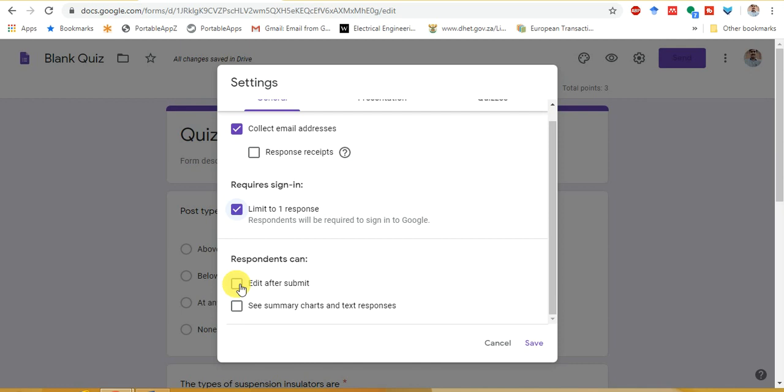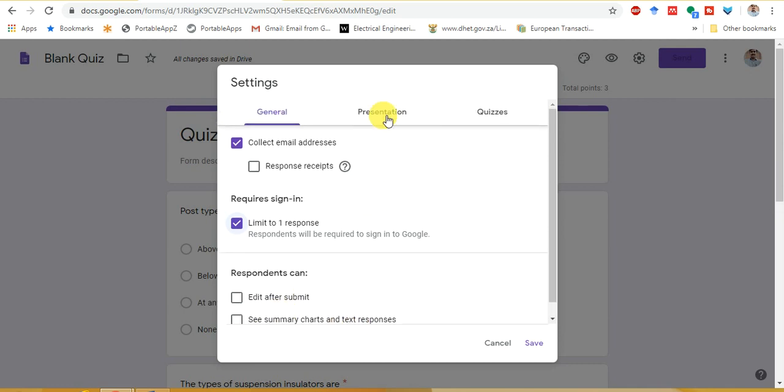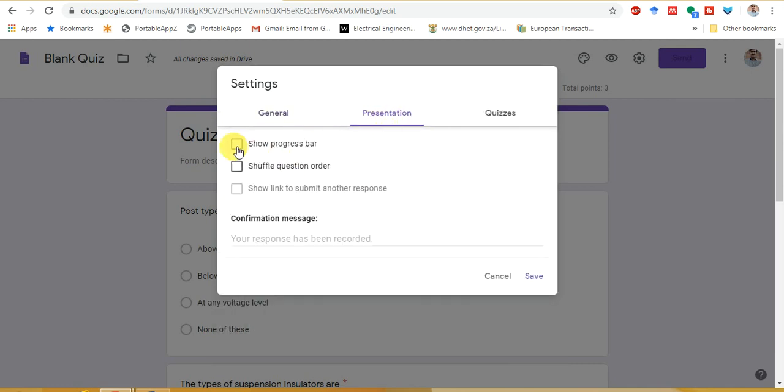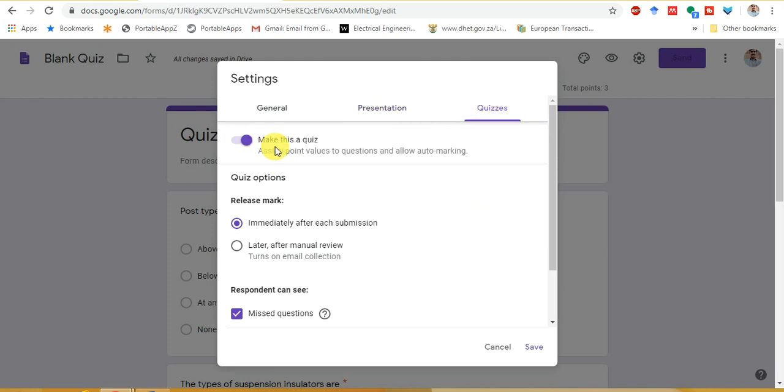Then if you want the student to be able to edit after submitting, then select this, otherwise no. Then if you want to show summary charts and text responses, then click this. Then in the presentation option, show the progress bar to the students, and this is another main option, shuffle question order. This box will shuffle the question order whenever the questions appear in the student's classroom section.